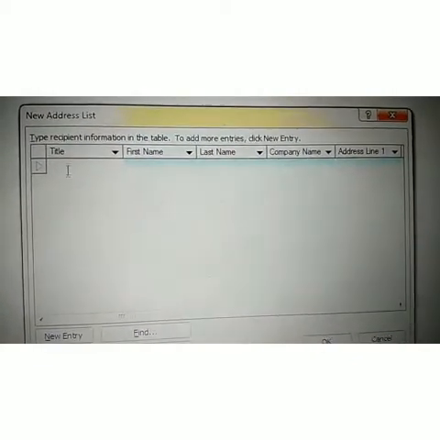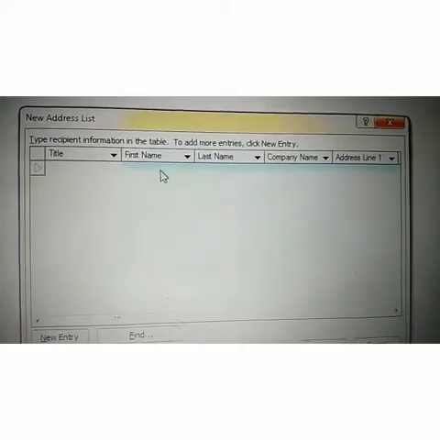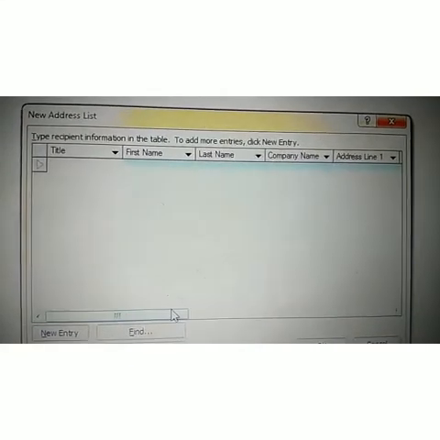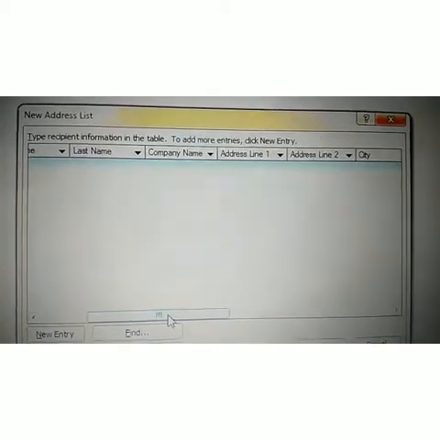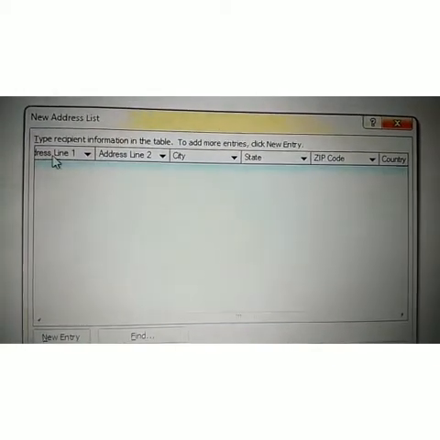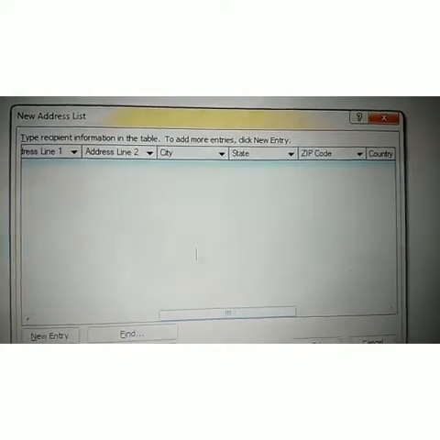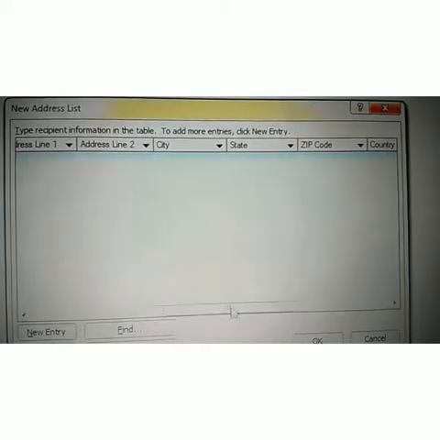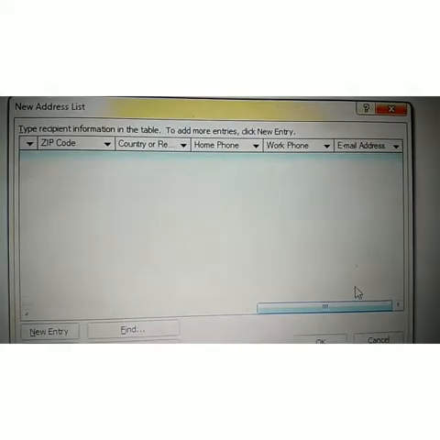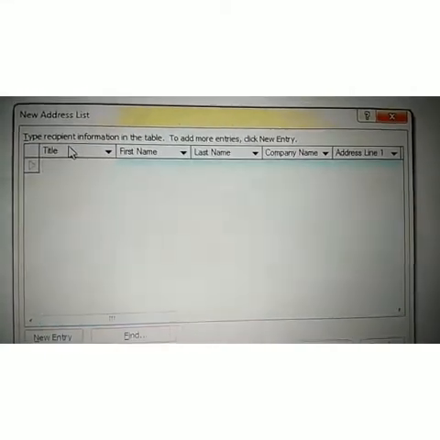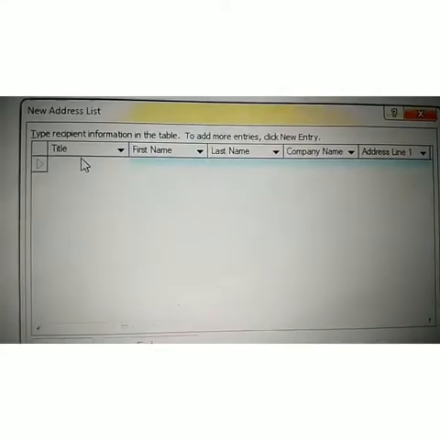Okay. Then students, next you see the new address list will open. Then you can mention in the title, then first name, last name, and you can choose any one. You can leave any option. Accordingly you can type the address, then name, mention a city, then state, and you can mention country, phone number, etc. So all are detailed in this new address list field. So let's start, students. Fill in the new address in this.